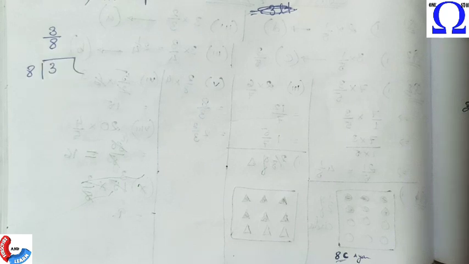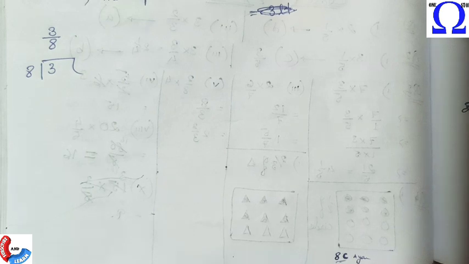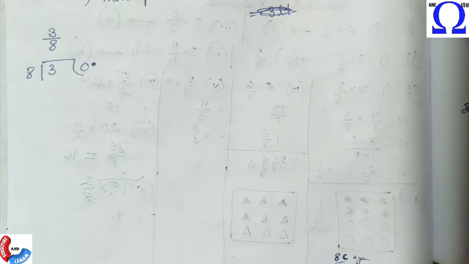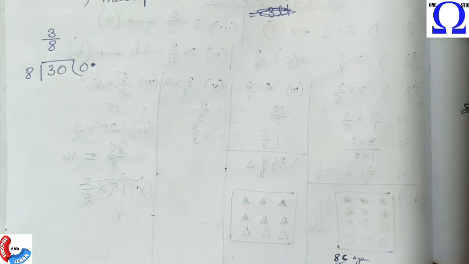So this is how you will divide this. Numerator will be the dividend and the denominator will always be the divisor, whether it's greater than the numerator or not. Since 3 is smaller than 8, therefore we will put a 0 point. We are actually putting a point here, and when we put a point we will write it as 0 point. So this point will bring a 0 with 30. Now what is 30 divided by 8?